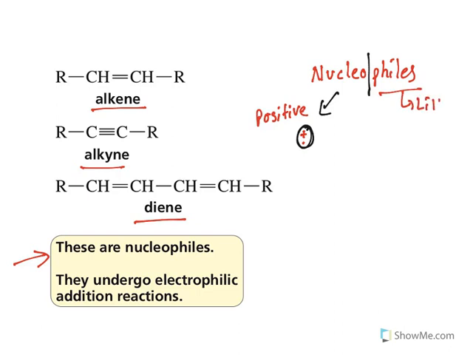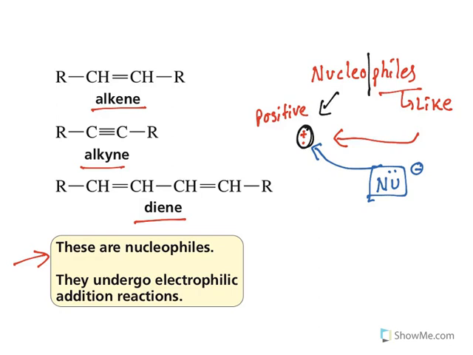Phile means like. You know, in English we have phobia and phile. Phobia means fear, phile means like. So any species which is going towards a positive charge is known as a nucleophile. Usually in some of the textbooks it is denoted like this. It will have more electrons. Electrons means a negative charge. So it is attracted towards a positive charge. Hence it is known as a nucleophile. It is going towards a positive charge. A general principle: there is an attraction between positive and negative.